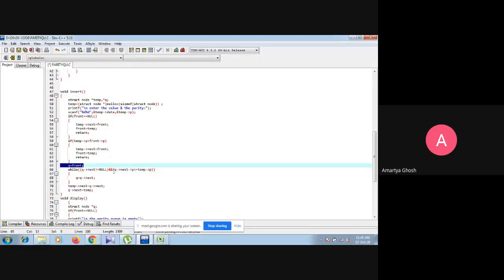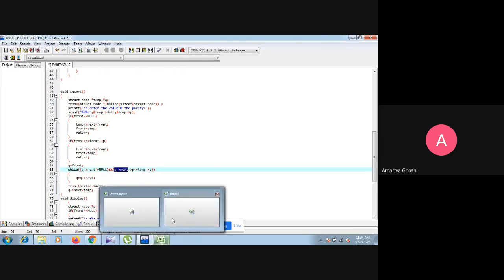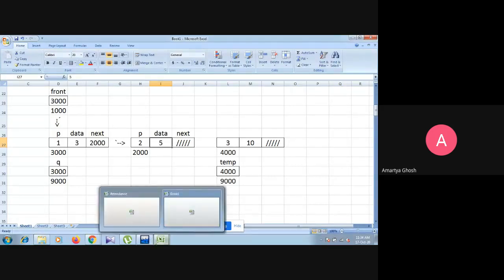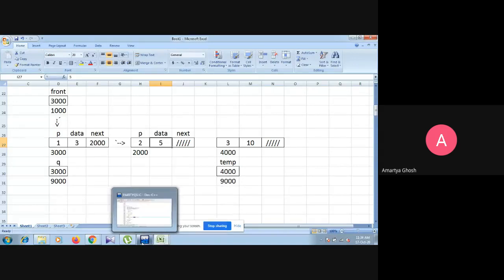By q arrow next we mean the next node of q. Right now q is at the first node, so we access the second node by q arrow next. Q arrow next arrow p means priority, q arrow next arrow data means its data.